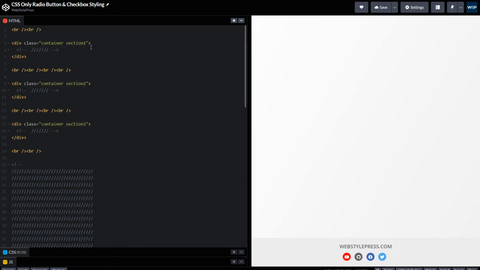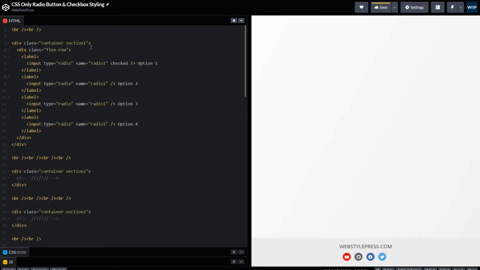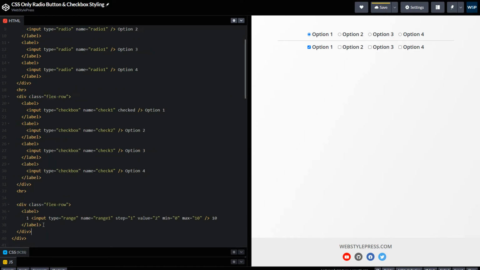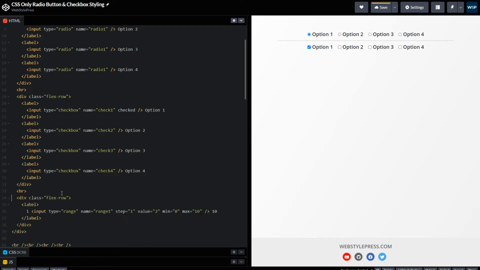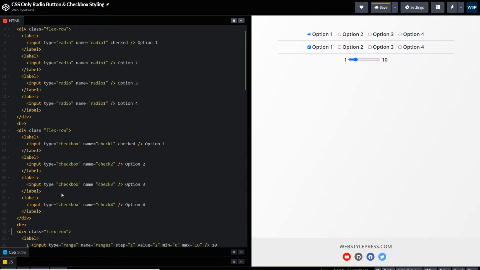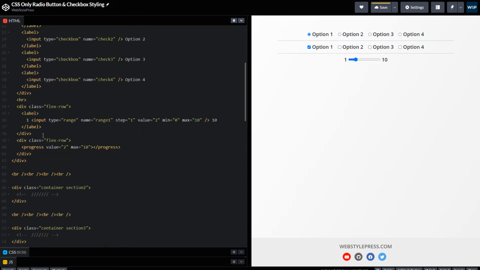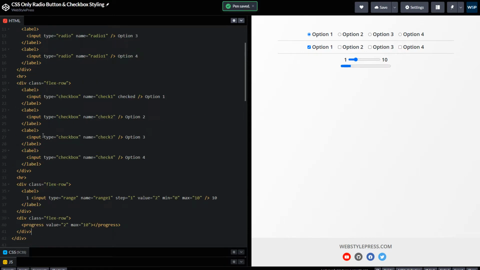Default form elements look like this: radio buttons, checkboxes, range slider, and progress bar. I will take two more copies of same form elements.